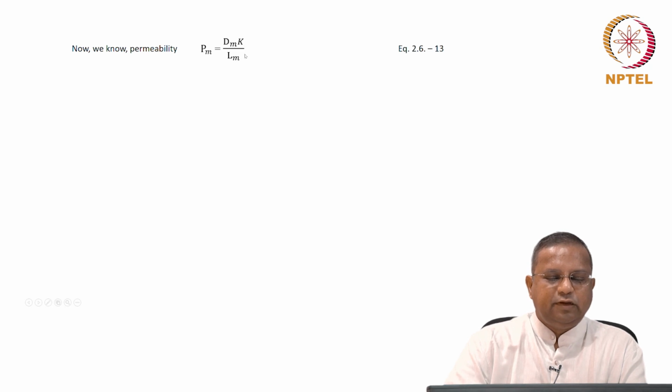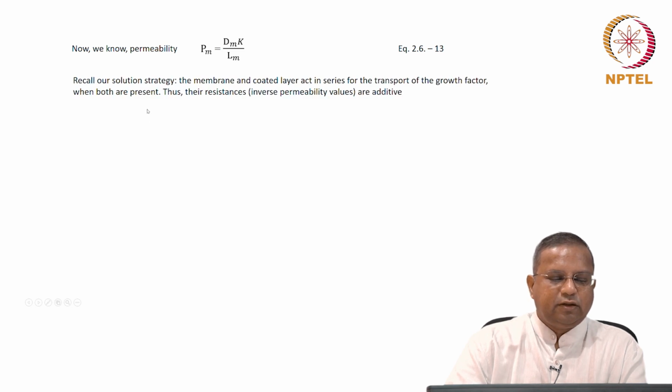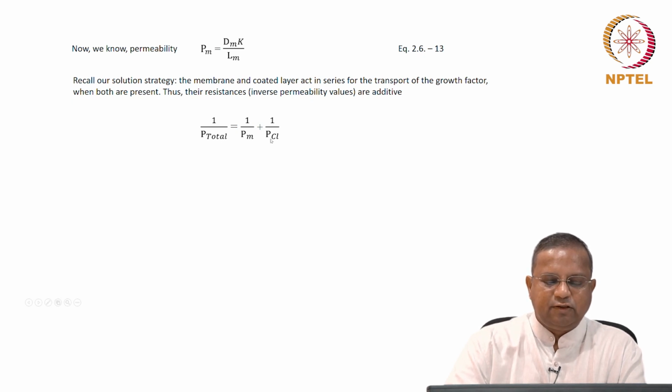So, Pm equals dmk by Lm, equation 2.6-13, and our solution strategy was the membrane and the coated layer act in series for the transport of the growth factor when both are present. Thus, their resistances or the inverse permeability values were additive, and therefore, 1 by Pt total equals 1 by Pm plus 1 by P of the coating layer. That is what Cl stands for, the coating layer, and we are interested in the permeability of the coating layer,